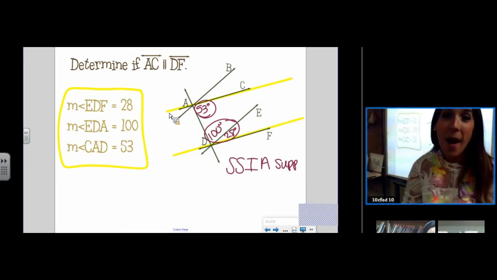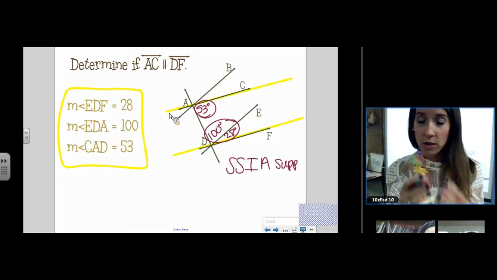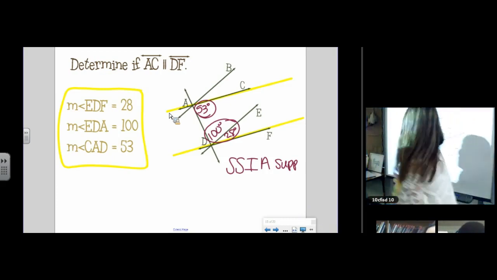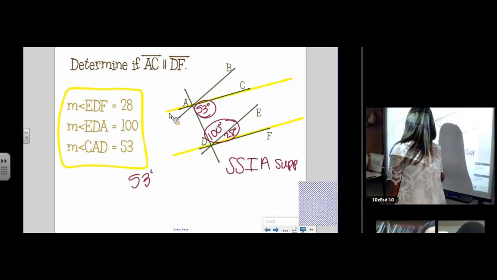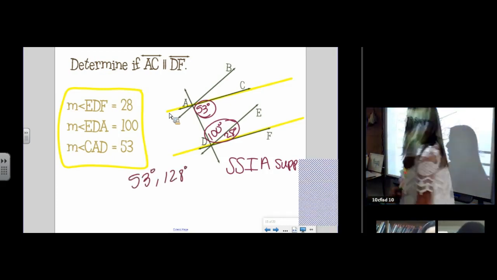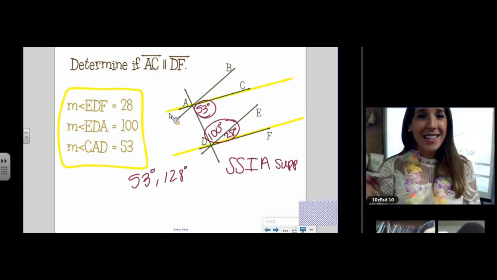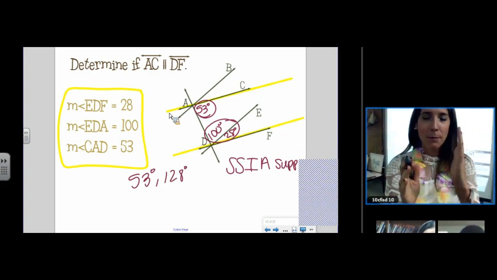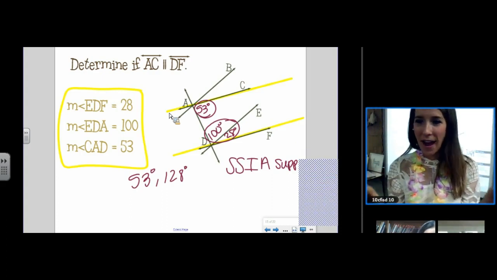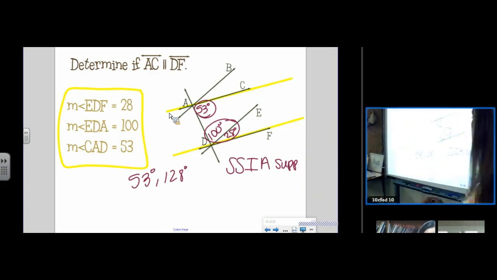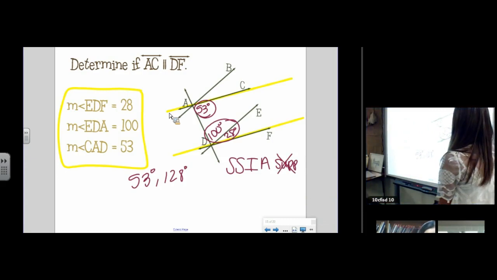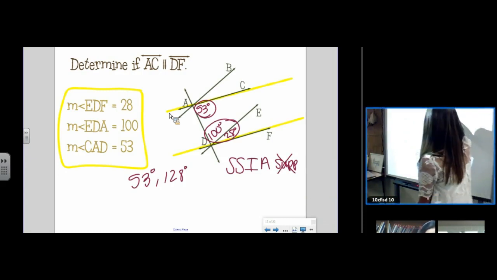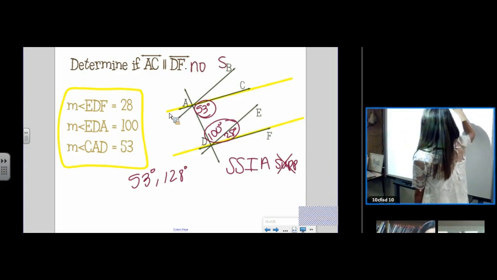Did you add them up? Are those two angles supplementary? So you've got 53 and you've got 128. Are those supplementary? I can tell right away that they're not, because 8 plus 3 doesn't end in a 0. They are not supplementary. So the answer is no, and the theorem is the same side interior angle